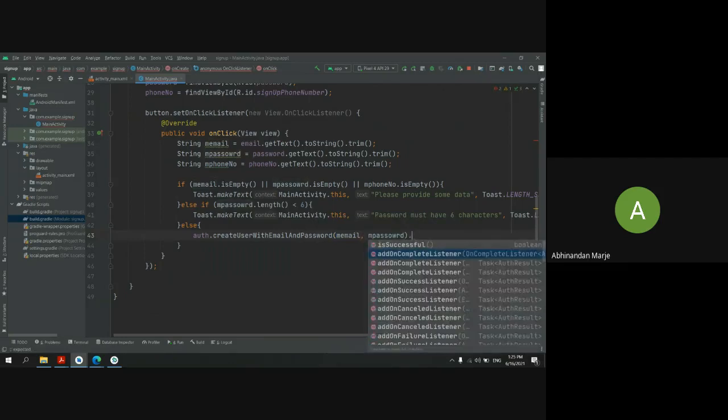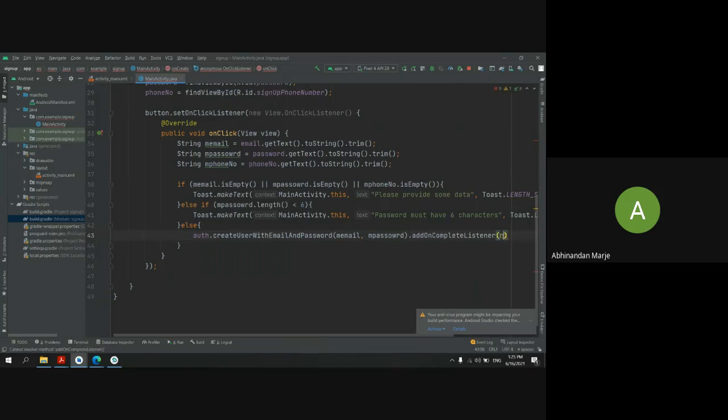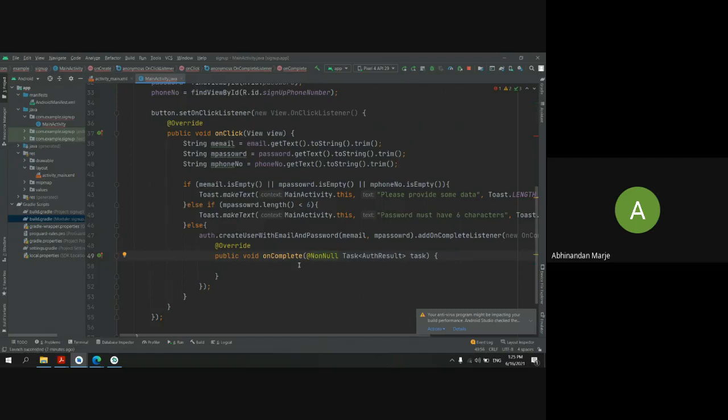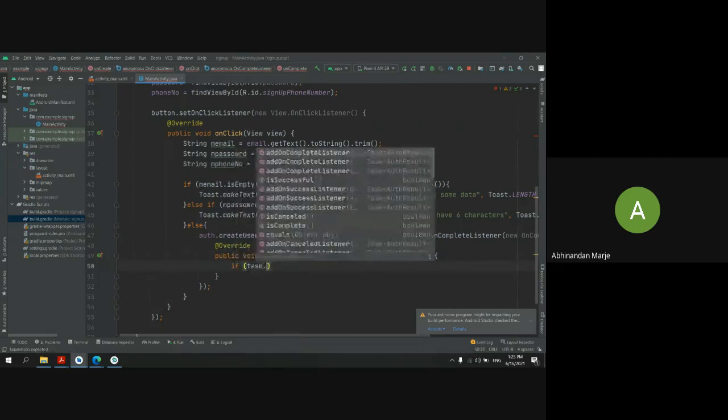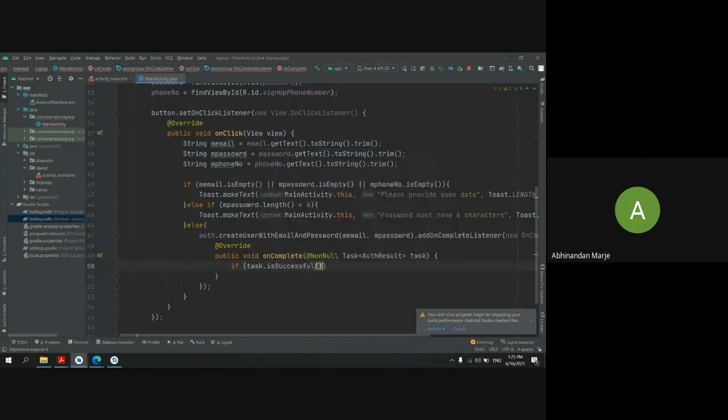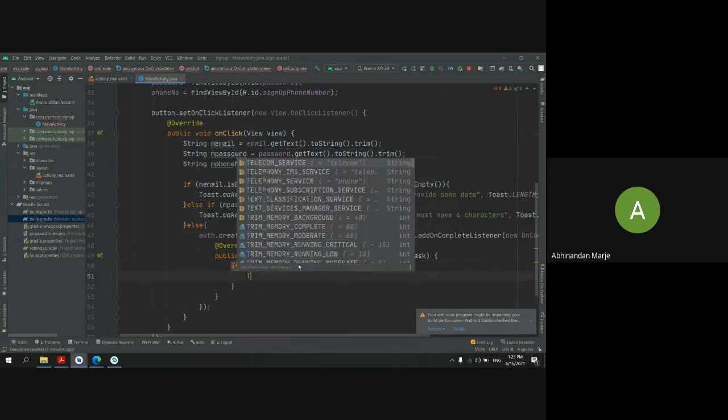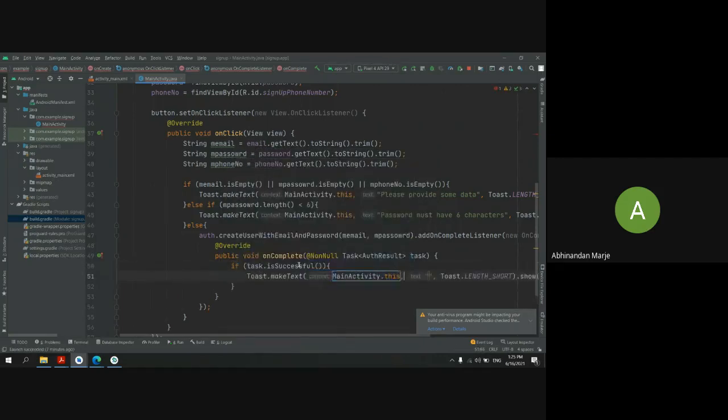Dot add on complete listener new on complete listener. Okay. And then in this on complete listener, I will check if my task is successful, and if my task is successful, I will create one toast as success.